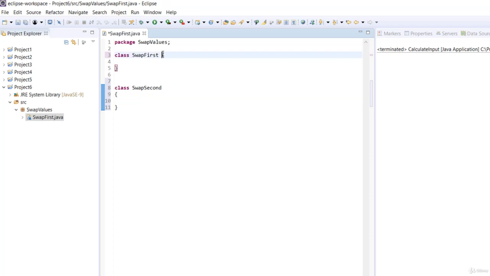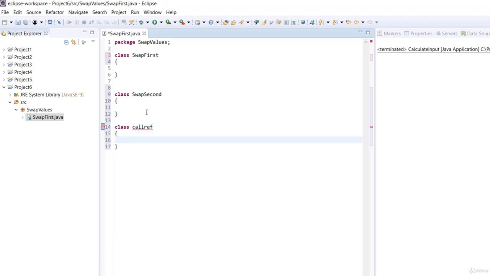All right. Then I'm going to create another class, and I'm going to call that class call ref. It is called by reference, okay? So call ref, and this is where our public method is going to be in the last class. So now in the first class, which is swap first, I'll go ahead and initialize